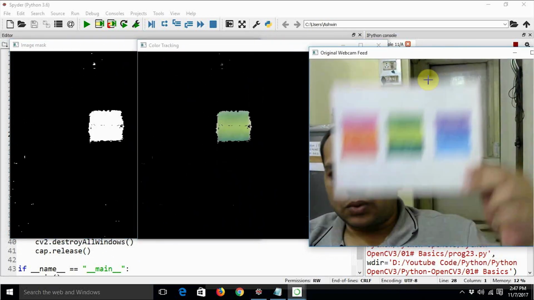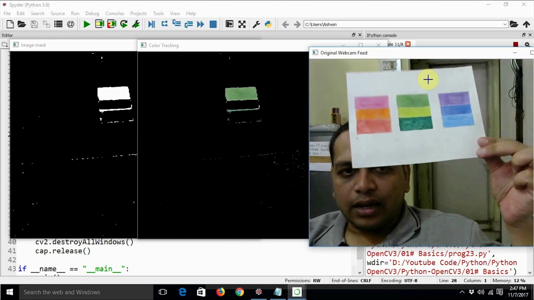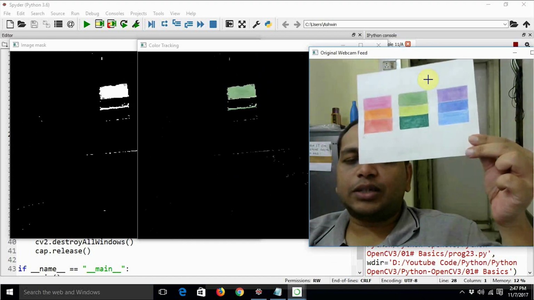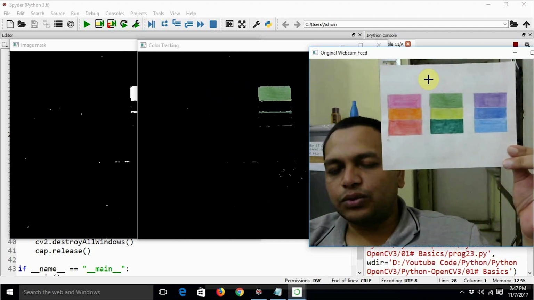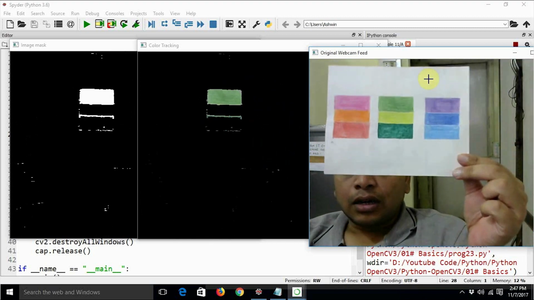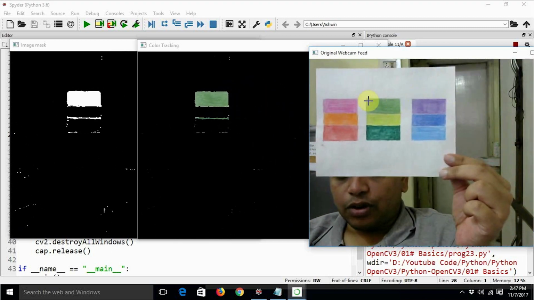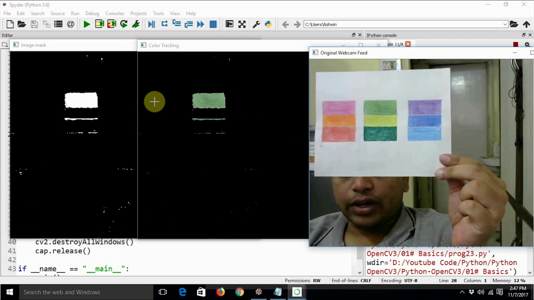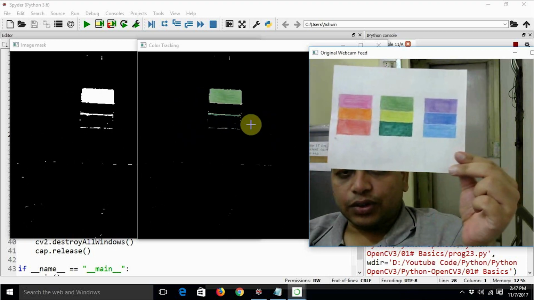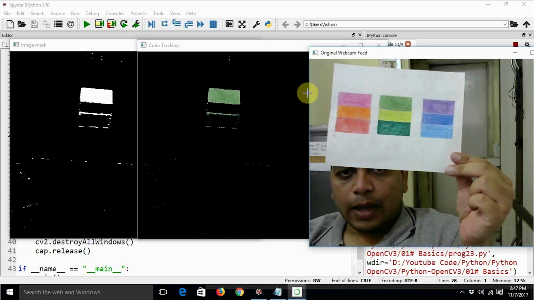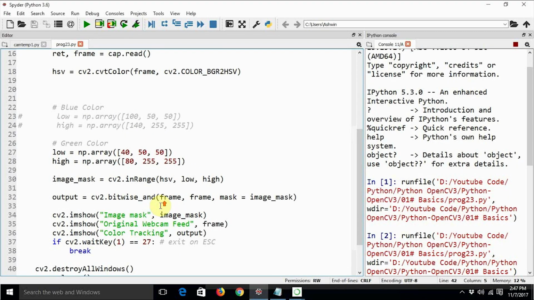And now let's hold the board before it. Yeah, now out of 3 shades of green, it is only able to identify the shade of this green color, okay. That's why it is not showing the entire block. So probably this range is not perfect. You just need to meddle with the range. We can even make it lighter, right? Let's see what happens when it is lighter.